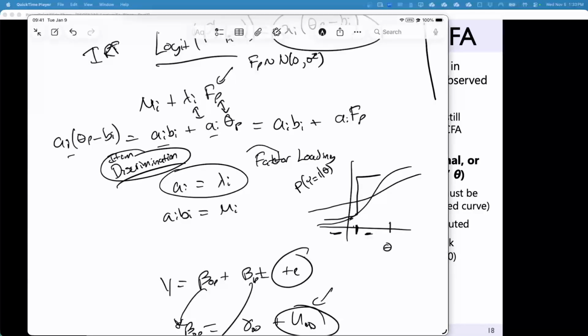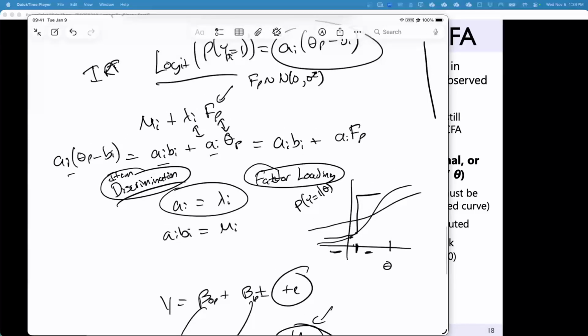But item discrimination and factor loadings are synonymous. So much so that when I teach a class where we have to blend everything together, I keep saying discrimination slash loading, right? Because if you go to the wrong field and say factor loading, people will be like, huh? And if you say discrimination, people will also say, what? So you have to speak both languages. Similar to that, A and lambda are the same.